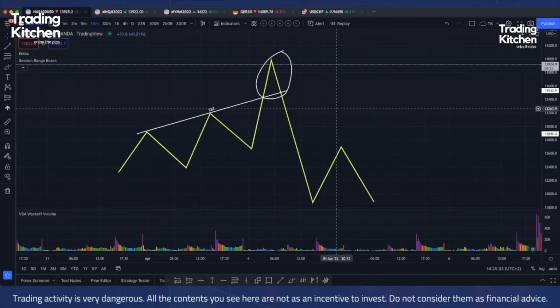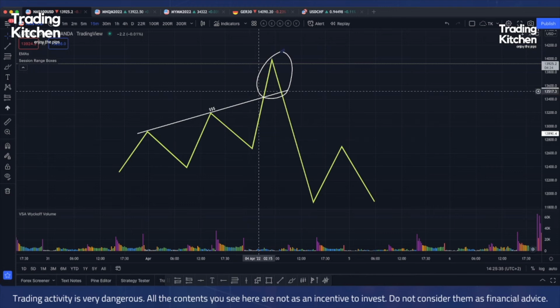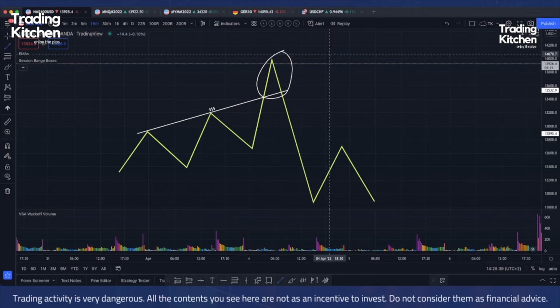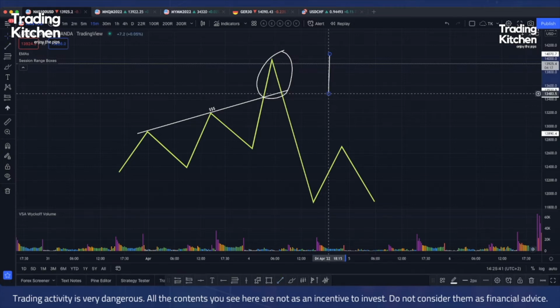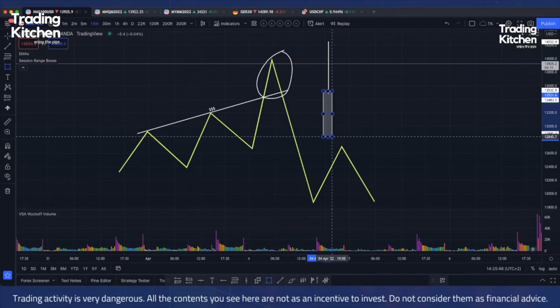The truth is that this movement is a manipulation, that we can see from a huge tail,